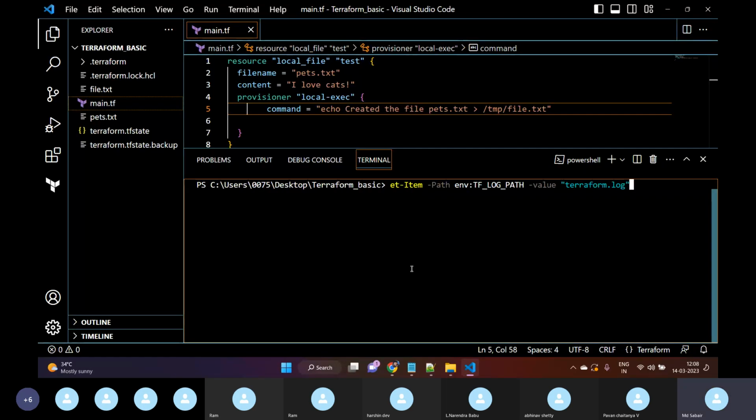let me use this. Okay, set-item path environmental, this is my log name and this is my value. Basically my log should be stored in the terraform.log. Okay, now let me store the traces or error. Okay, let me use error only